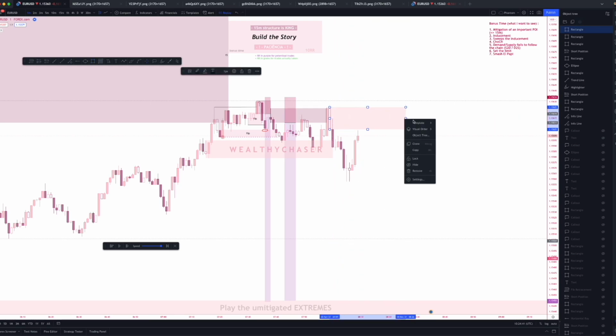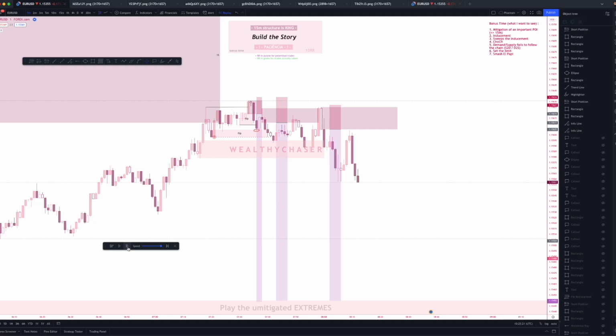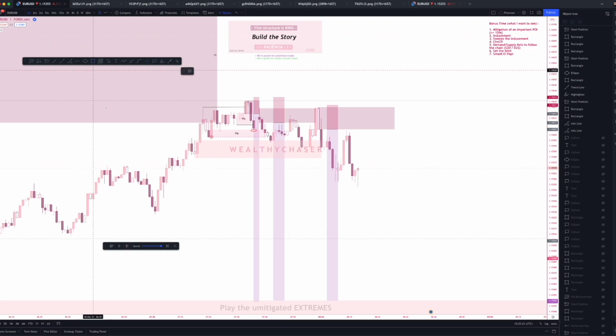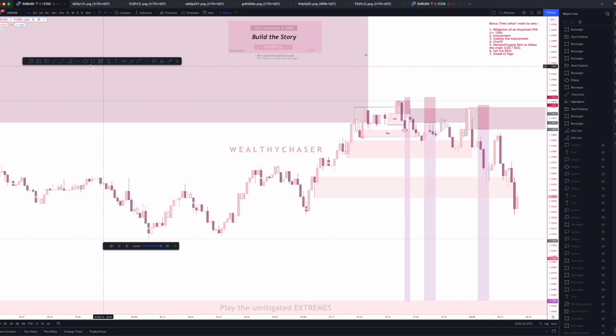This whole buy to sell, right? You can place a trade here and leave it open, or you can wait to see what price is going to do. So what did price do? Price then came to mitigate this demand over here, and then it caused the failure, right? So in this case, what did I do?